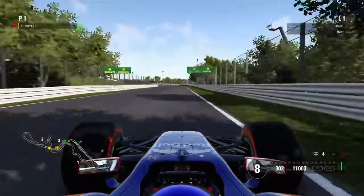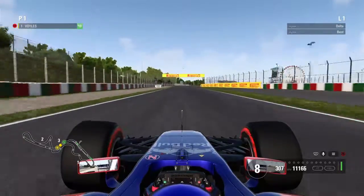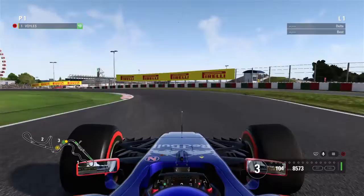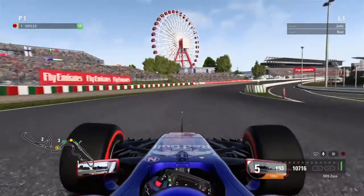Yeah, these were the tires we're going to start the race on, but because of the fact that we have rain in the area, throw that into the equation. I was also in danger of...